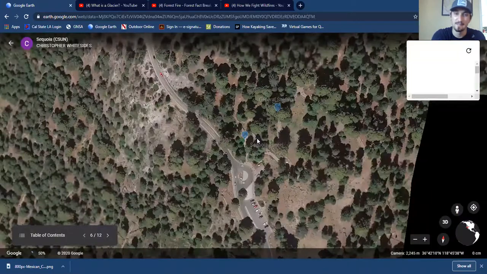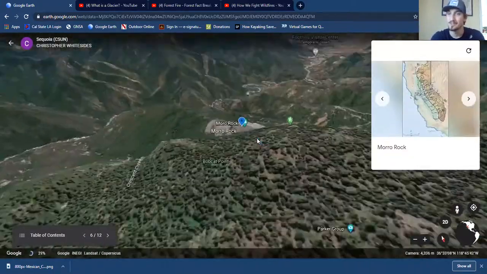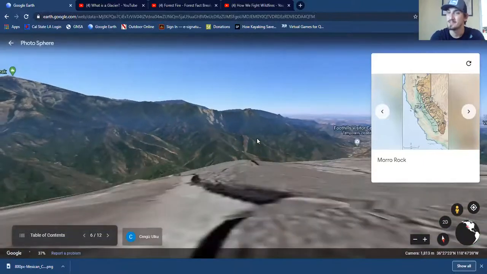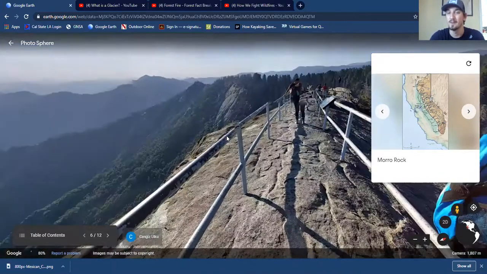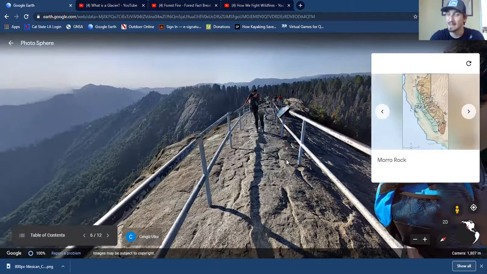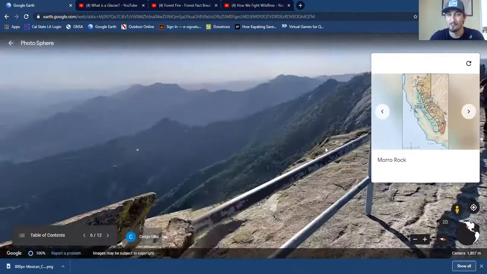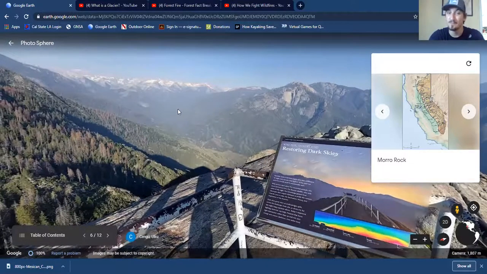So we'll go ahead and fly from the Sequoia Grove, and we'll do a quick little recap of those divides and where those trees are growing as we go to Morro Rock, another super popular hike in Sequoia National Park proper. You can park just on the other side down here, and you can hike this relatively short trail of railings out to this rock where you've got some sweeping views of Sequoia National Park and also that western divide